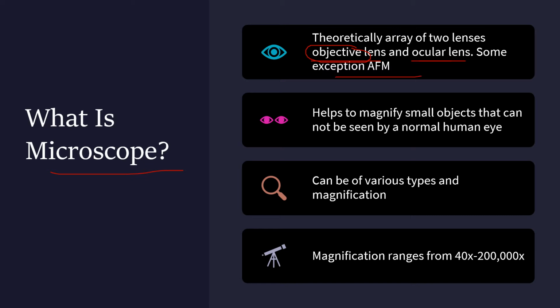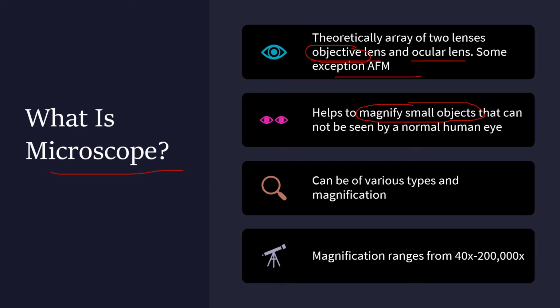The second thing that we need to know about microscopes is that they can magnify small objects. That's why they are called microscopes, and these are basically objects which are not seen by the human eye. Like we cannot see atoms, we cannot see bacteria present in milk, curd. We cannot see fungi present in the batter of dough. We cannot see them, but when we put slides of such samples under the microscope, we can see all the microorganisms, and that's how they help us to magnify small objects.